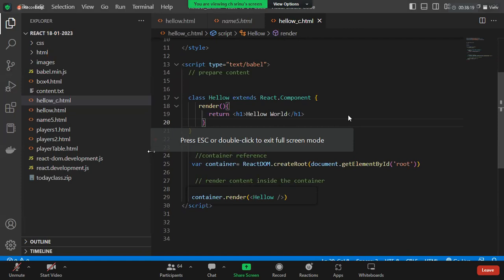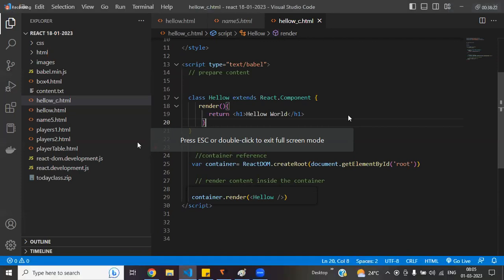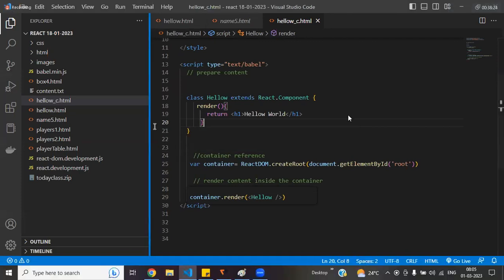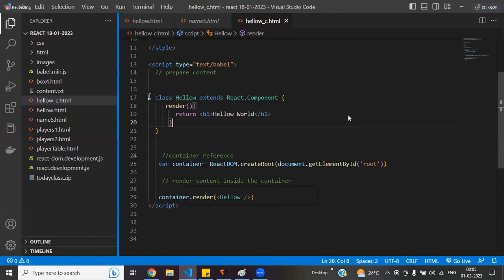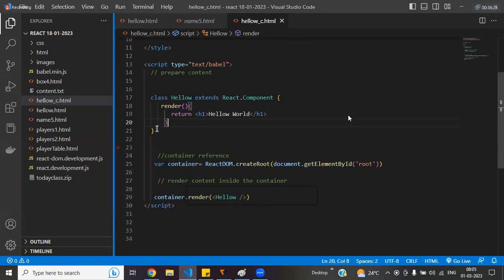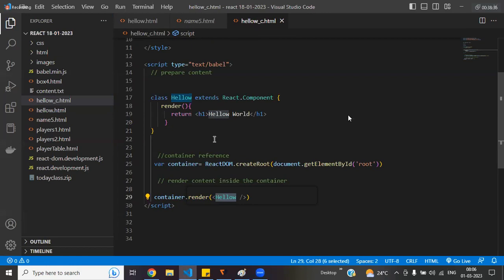So the last class where we stopped, we discussed how to create one simple class component, right? How to create a class component, how to render that component. If you want to create a class component, syntactically it's the class keyword, the same as in JavaScript. So how can we